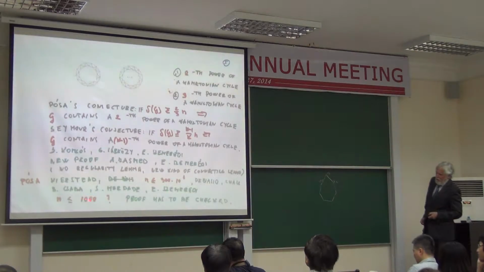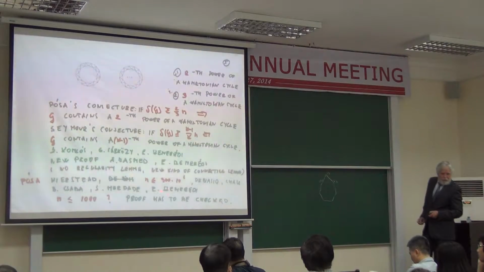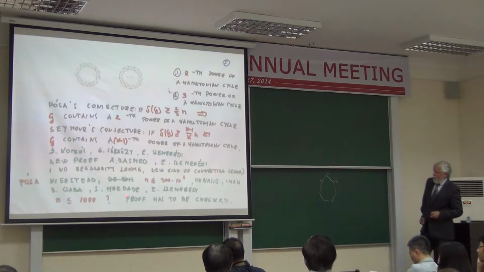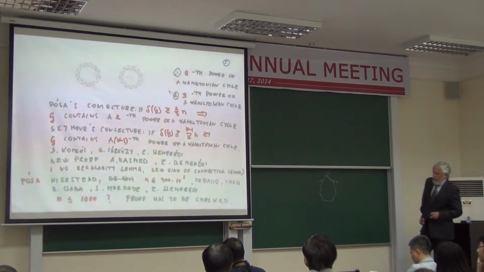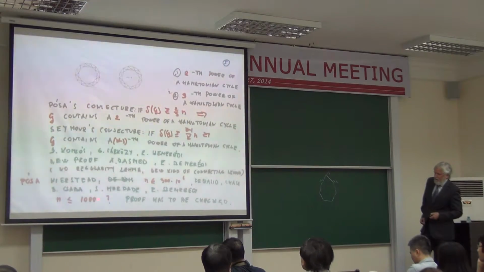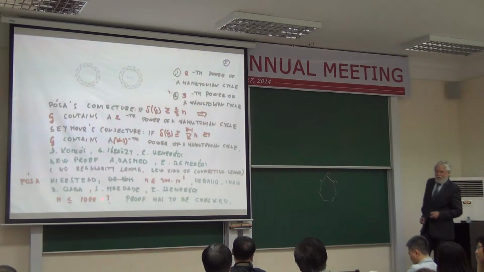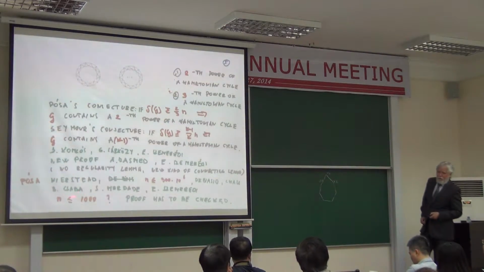So n is less than 1000, but the proof has to be checked, because we just wrote it up. I am not sure whether the proof is correct or not, but most probably it is correct. I have to emphasize that to some extent it is worthless, because even if it is 1000, you cannot check with the computer that it contains, that is just too much. 2 to the 1000 cases you have to check, there is no computer for that. But if you reduce it to 100, then the computer could check.